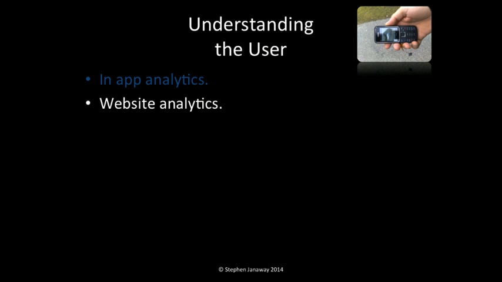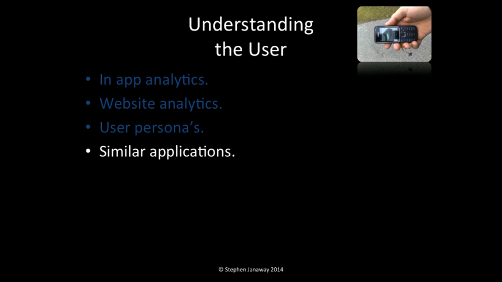Hopefully you can get this information for the application you're working on or very similar applications that are already launched. You could look at maybe thinking about user personas. So a user persona is kind of a fictional version of a person that helps you understand typical users. Make friends with any UX people you have where you work. Ask them about this sort of stuff. I bet they will be really, really happy to share it. And then finally, maybe think about similar applications. So if you haven't got an application in the field, think about one that's already out there that is pretty similar.